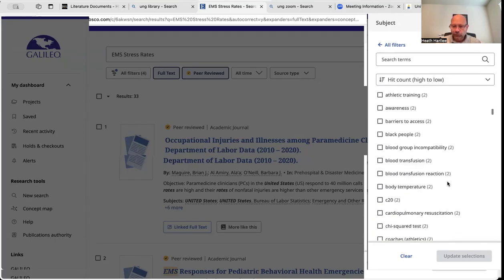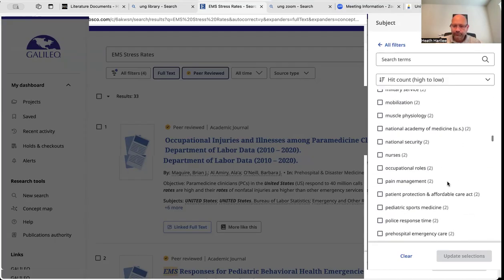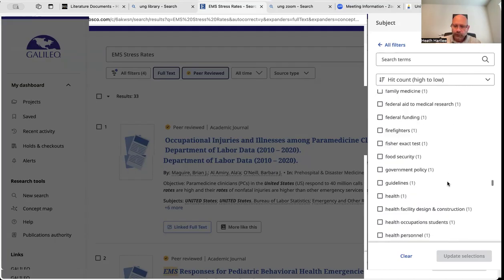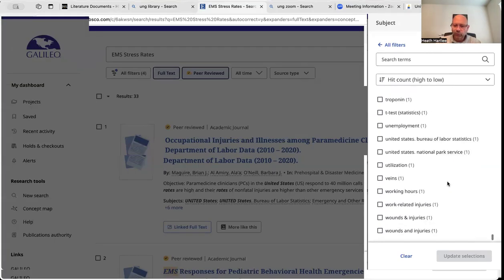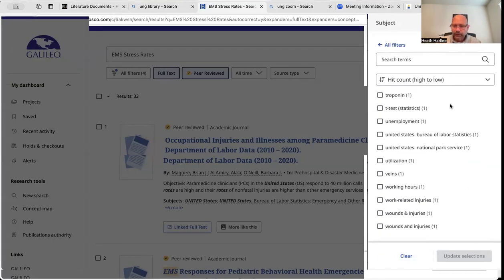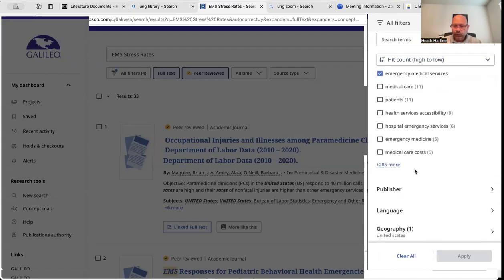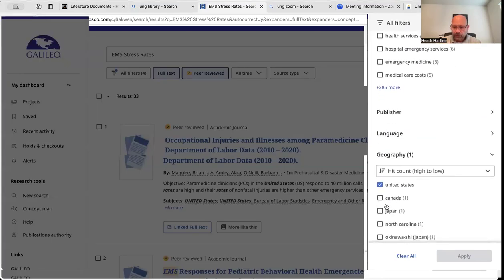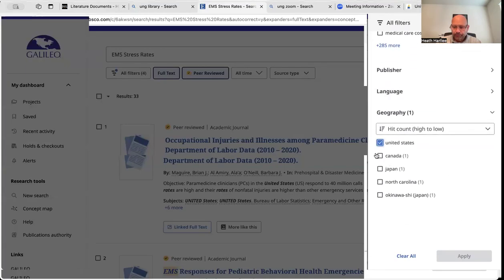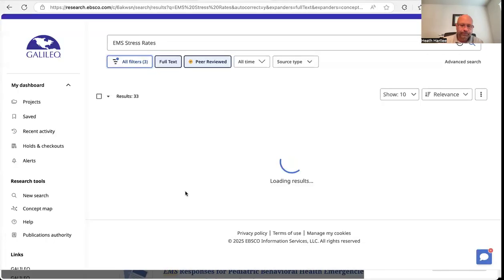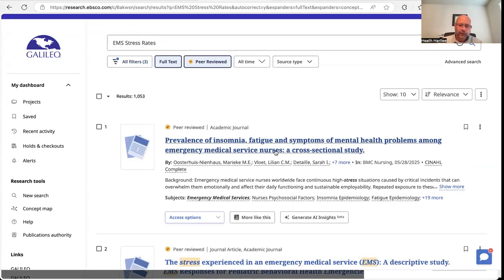So let's keep scrolling through our filters and take a look at how we look globally. We'll take out United States and hit apply. That takes us up to